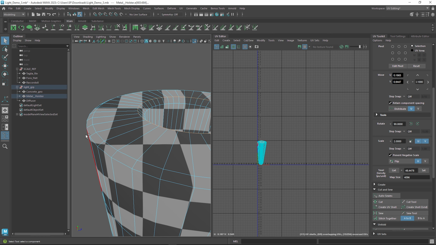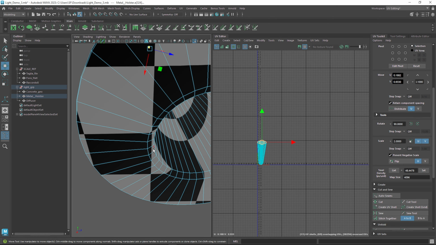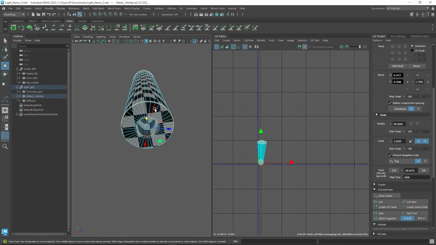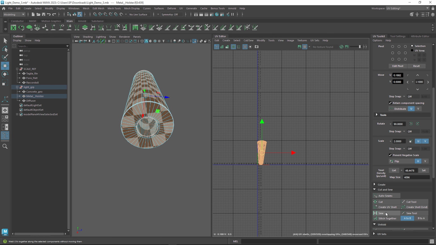And then a cut here, here, here, and here. And then if we unfold these,